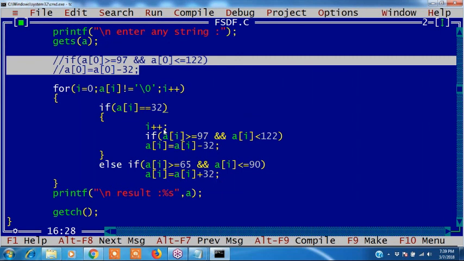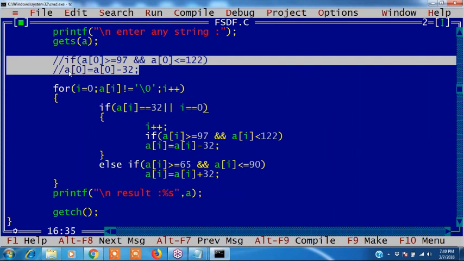Sir, can we give the condition i equals 0 as the first condition in this? Yeah, we can give i equals 0 or a of i equals 30.